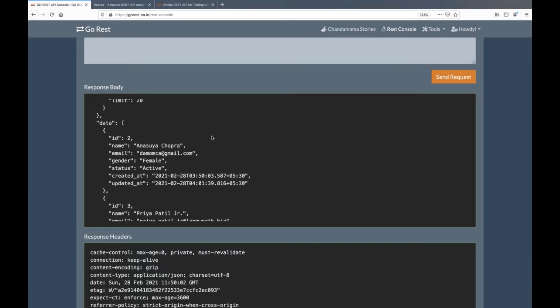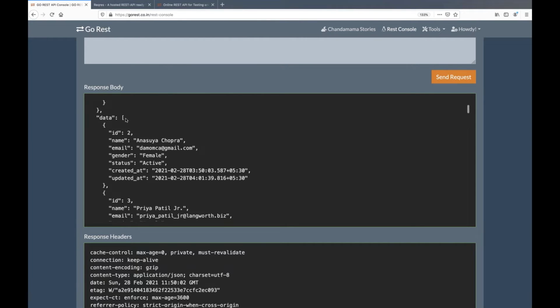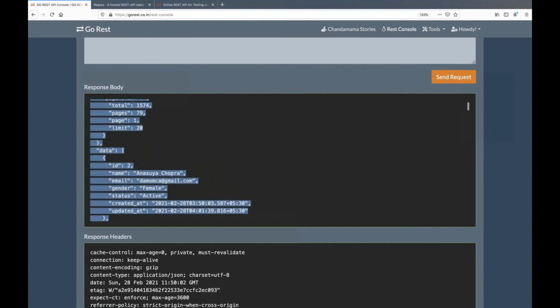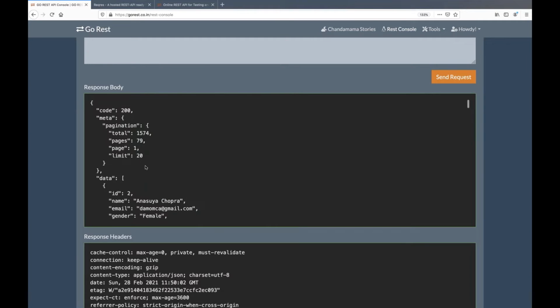You have to understand a specific syntax over here, that we have to go to data, and under data we have to go to ID. But if you see, data is a kind of array. You can see this is a JSON array. This is the 0th value, right? This is the first value, this is the second value, like that. So you can see this is a JSON array actually. So what I'm going to do is simply copy this entire stuff,